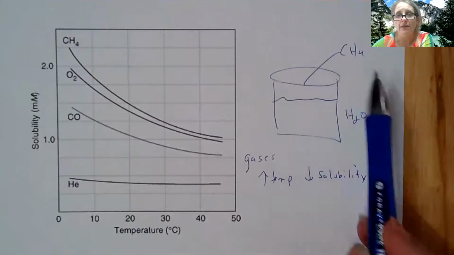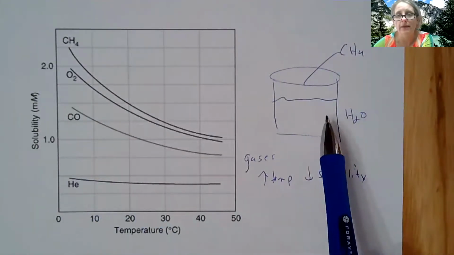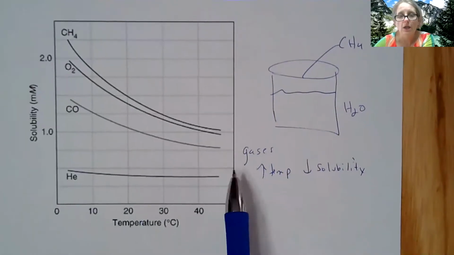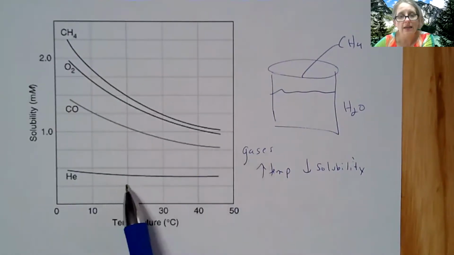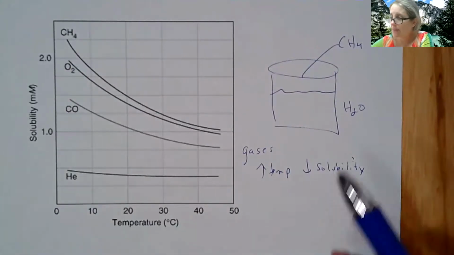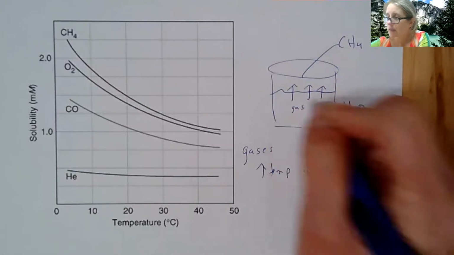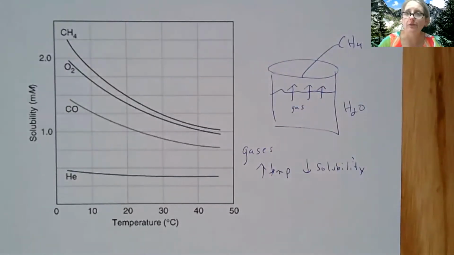So if I take methane and try to dissolve it in water, or oxygen, carbon monoxide, or helium, typically for gases, as I increase temperature, you're going to have less solubility. That's generally because the gases are going to want to escape that liquid as you start to heat it up. Because gases will increase their kinetic energy a lot easier than anything else. So therefore, you're going to get more to escape because